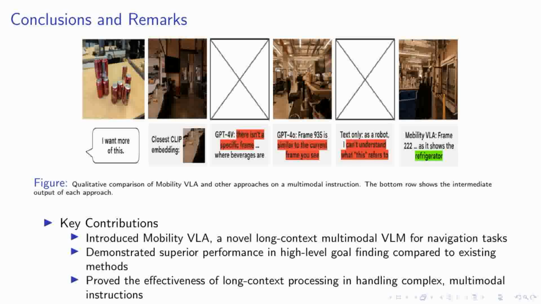showcasing the intermediate outputs of Mobility VLA against other approaches. This visual representation clearly highlights how our model excels in understanding and responding to nuanced user commands, a testament to the practical applications of VLMs in enhancing robotic navigation systems. These contributions not only advance the field of autonomous navigation, but also open up new avenues for research in multimodal